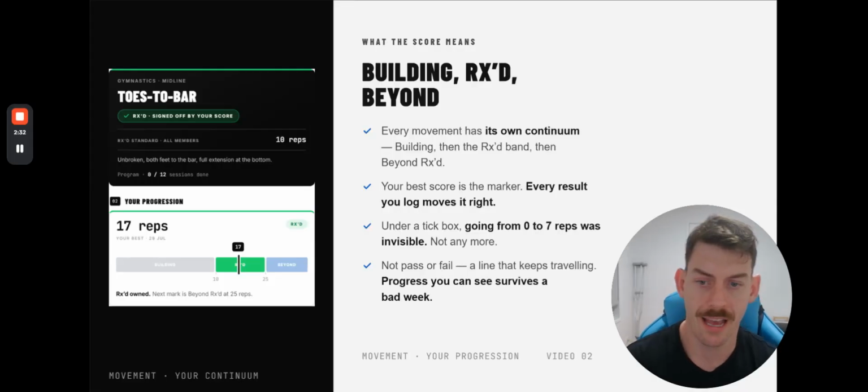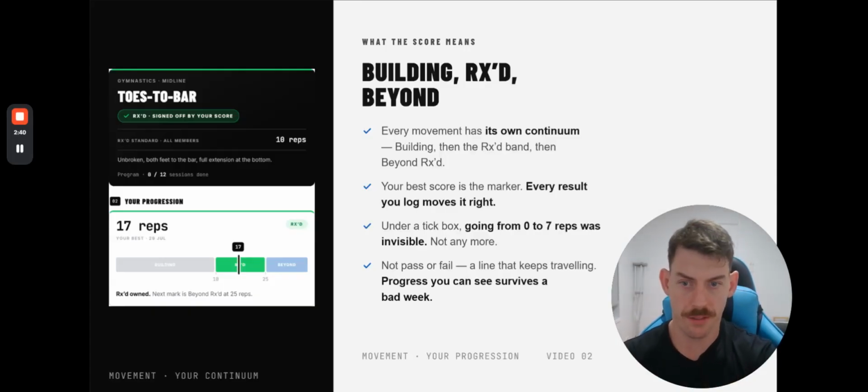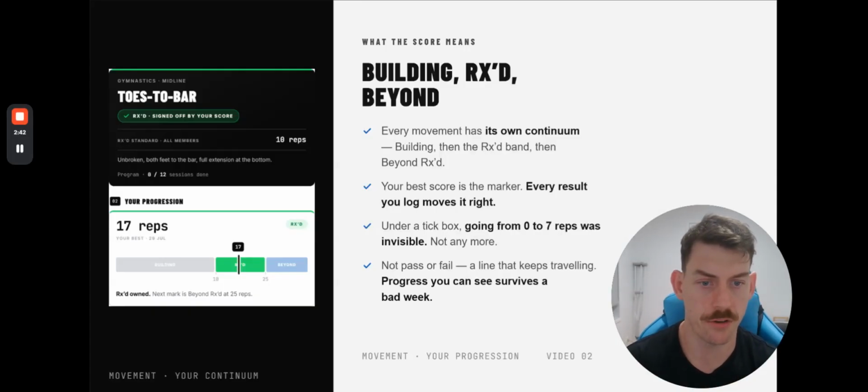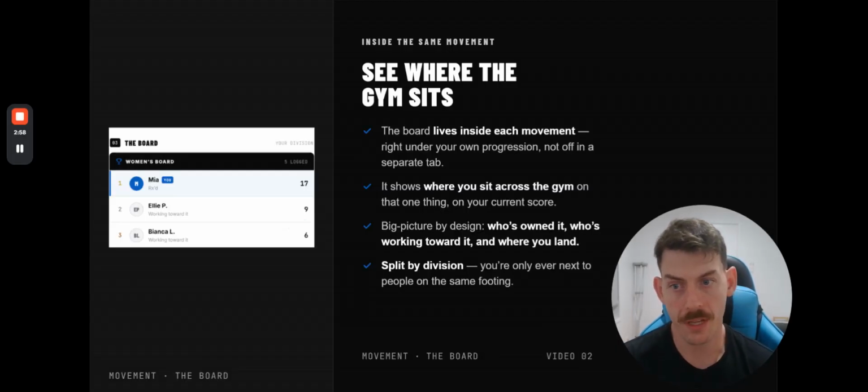So you'll actually see, am I still building towards that, or how close am I building from 0 to what my goal needs to be? Where do I sit? And you'll see here, this 17 reps because 10 was the entry level point from there. But now you'll be able to see everything as you go through. And then beyond RX, cool, I've got my capacity way up here. All these things tying together help us as coaches to keep you driving forward and enjoying your training as well. Now, when you do enter that in, below this, you're going to see the gym's leaderboard,